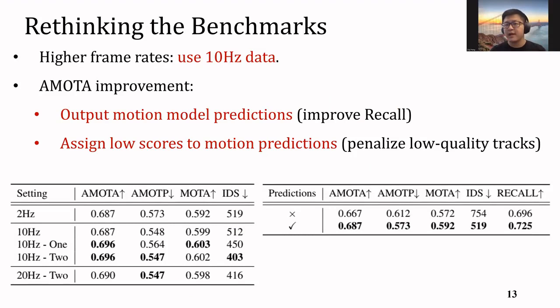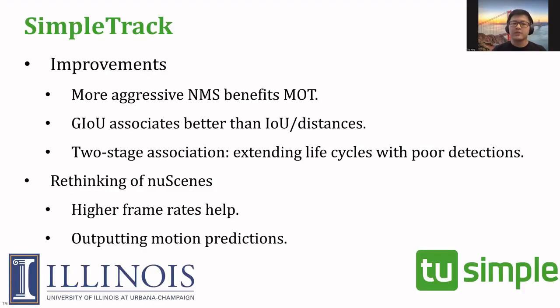The first is to use higher frame rates. And the second is to output motion model predictions and assign low scores. These two will give you better tracking results and also fit better to the AMOTA evaluation. And finally, here is a summary of